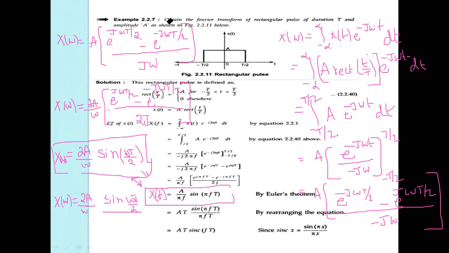So I'm multiplying the t by 2 here, and now you take the value A t by 2. Multiplying and dividing with t by 2, the numerator is A t by 2 and the denominator is also t by 2. If the t gets cancelled, X(omega) becomes A into t